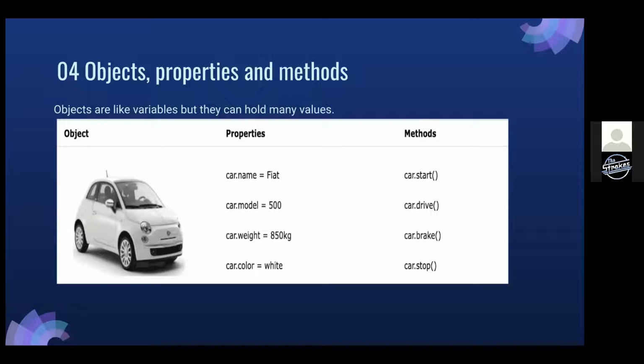So when you think of an object, actually think of an object like a chair or a car or a plane. A car has a name, that's a property. A car has a model, it has weight, and it has a color. And these are all properties. And methods in an object are kind of like a function. It tells the car what to do. So car.start turns on the car, car.drive, you drive the car, car.brake, you slow down the car, and car.stop, you completely stop,